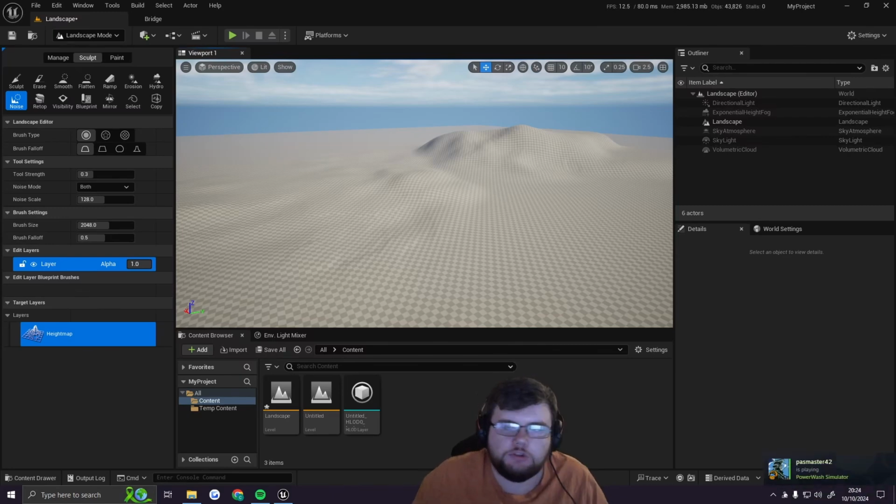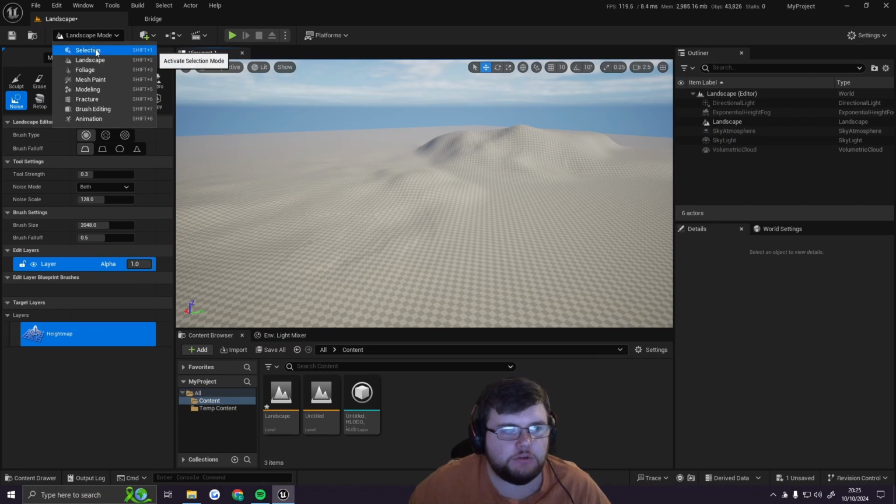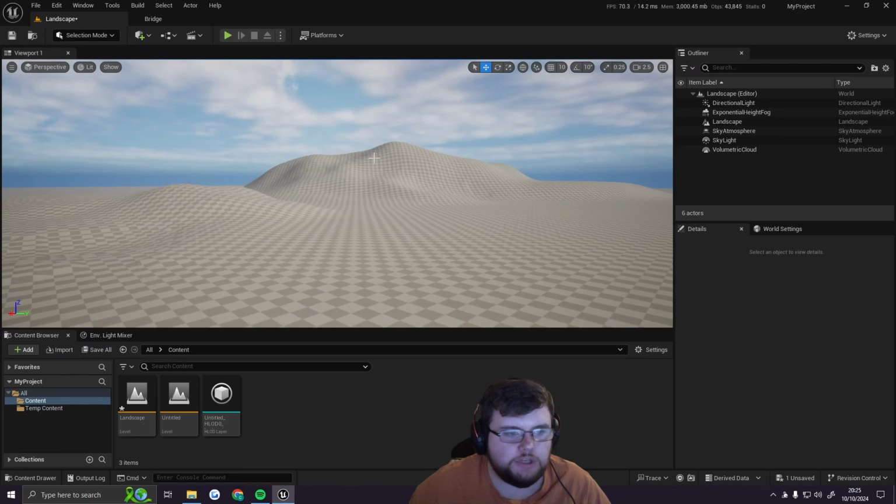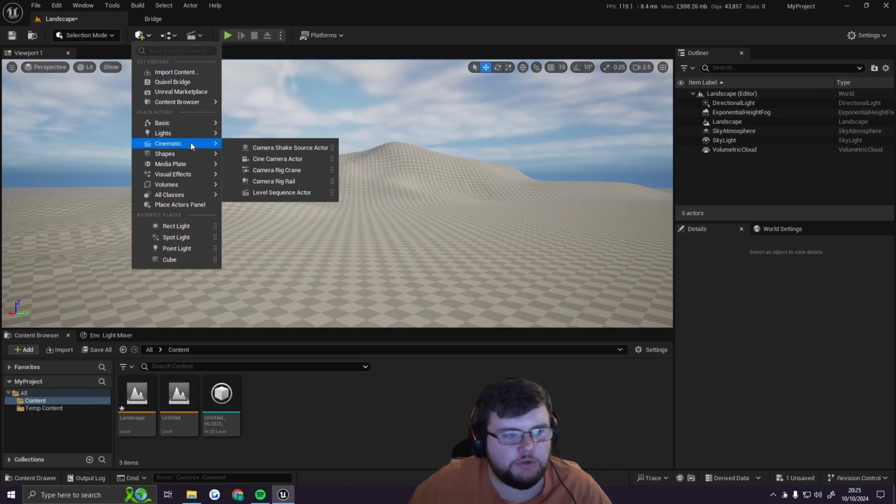Okay, so we've just looked at how to make a landscape and how to sculpt on it. So now let's look at how to make a very basic material that we can apply to an object. So I am going to come out of landscape mode and go into selection mode again. And then I'm going to import an object from that quick add menu up at the top that we can